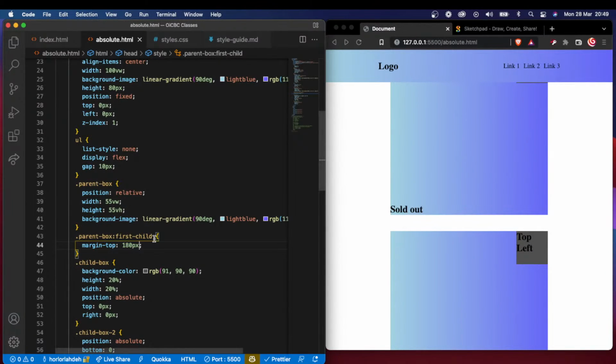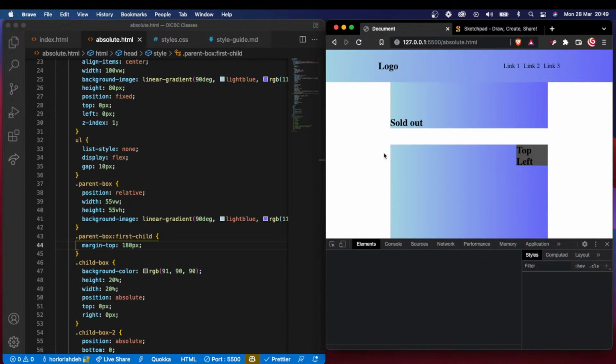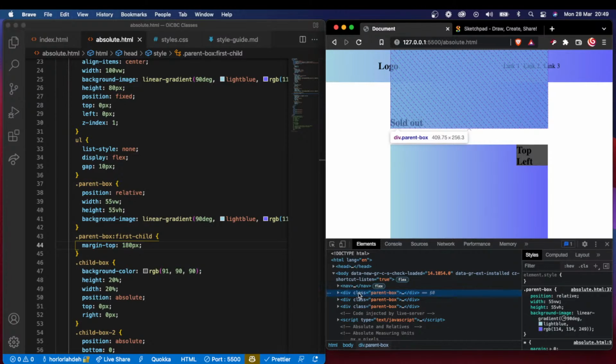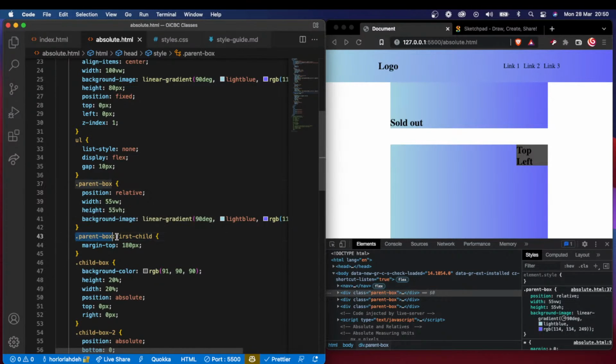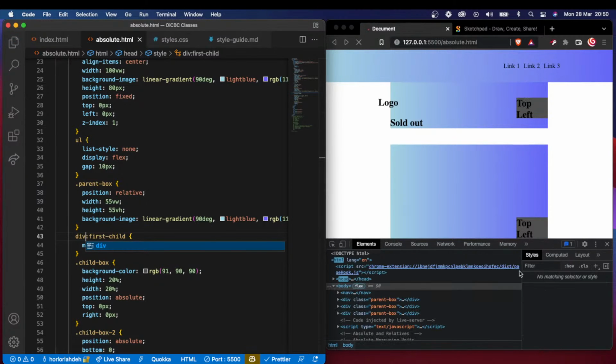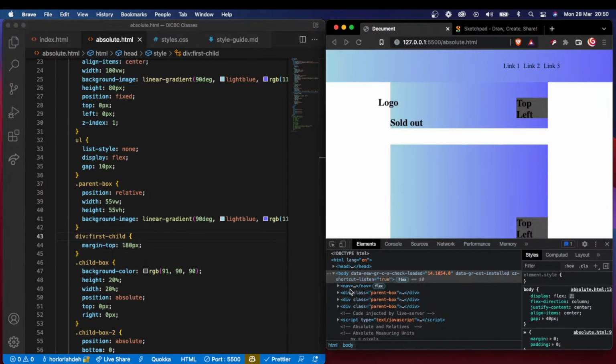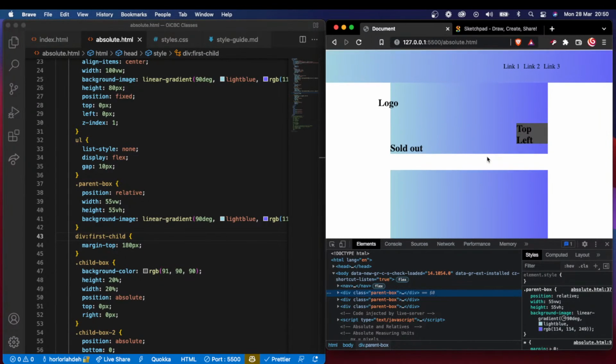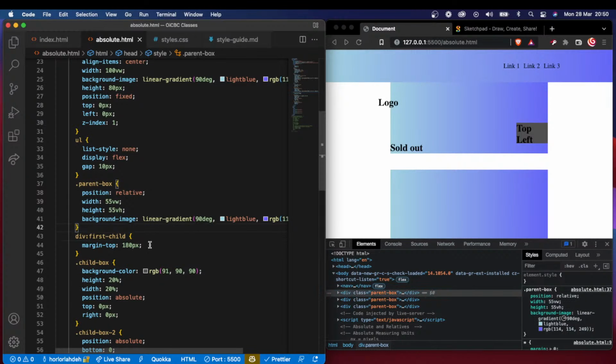Let's inspect it. For some reason, it's not recognizing that. So instead of parent box, I think it will basically. Okay. So the parent box that is the first element, that's what that pseudo class does. But for some reason, it just pushes everything away. So I think one other thing I need to do to share this is to set the background